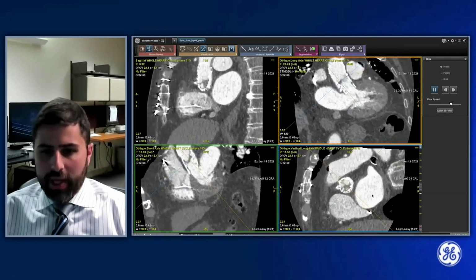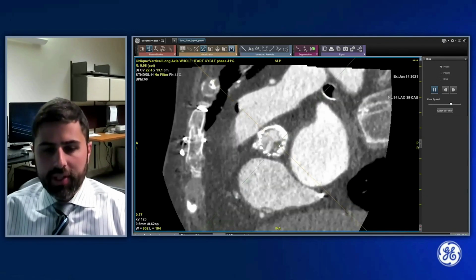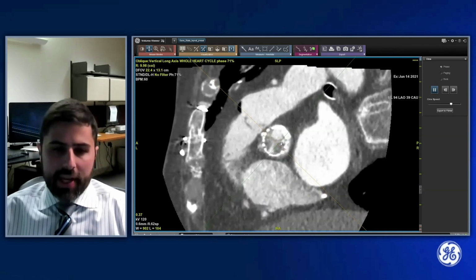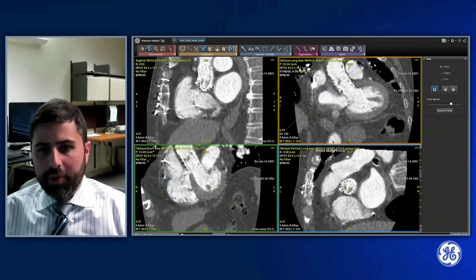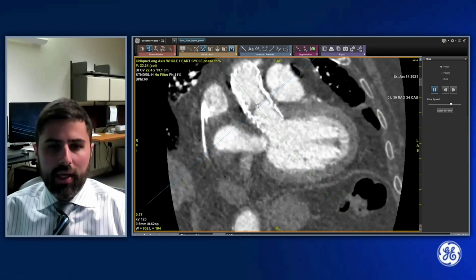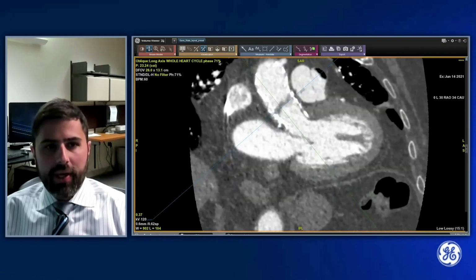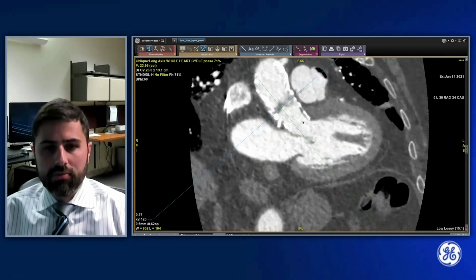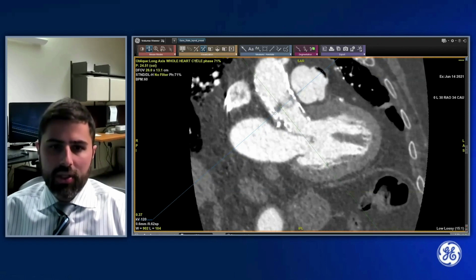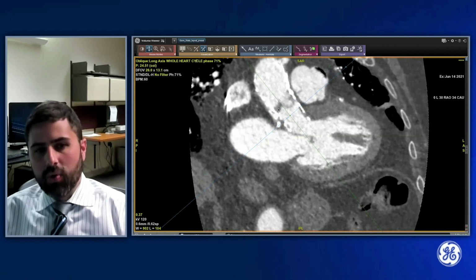So here in the short axis view, we can already start to appreciate that there's evidence of leaflet thickening on predominantly the right coronary cusp and the non-coronary cusp. And when we look in the short axis view, again, we can see this thickening on the non-coronary cusp here shown on the left side. So if we slow it down and go to our end diastolic phase, we can really start to appreciate this thickening seen on the non-coronary cusp,